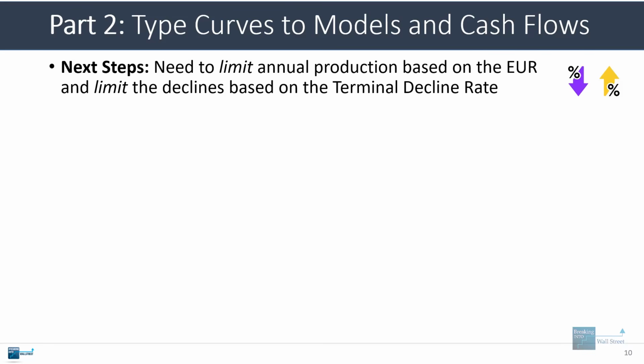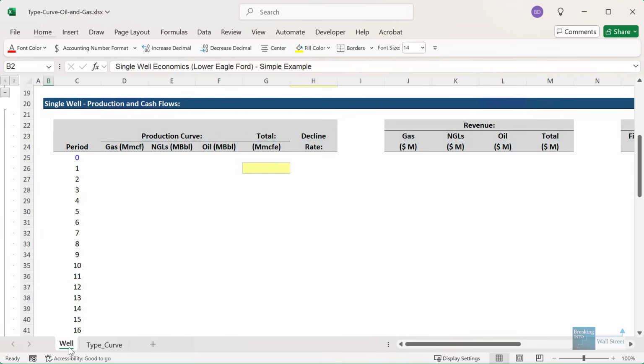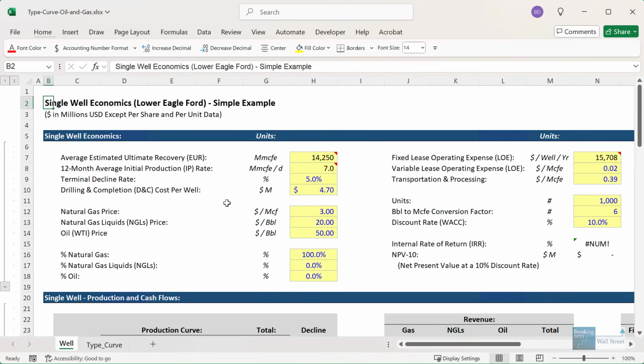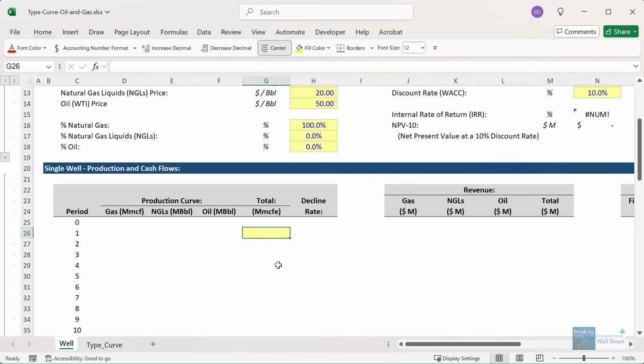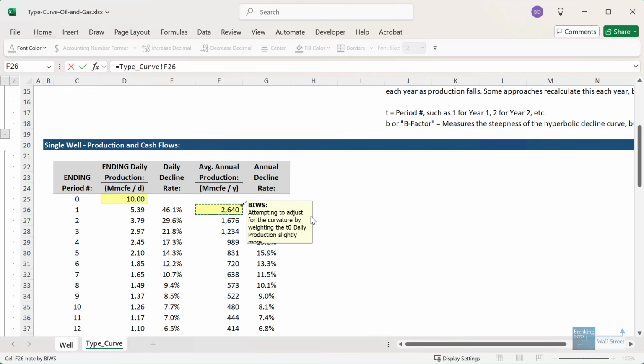So as next steps, we need to limit the annual production based on the estimated ultimate recovery. We also need to limit the declines based on the terminal decline rate. So let's go back to Excel, to our very simple model, and go over to the well tab right here. You can see I've entered all the type curve assumptions up here at the top. And so I am going to start by going to period 1 and linking in our annual production for that